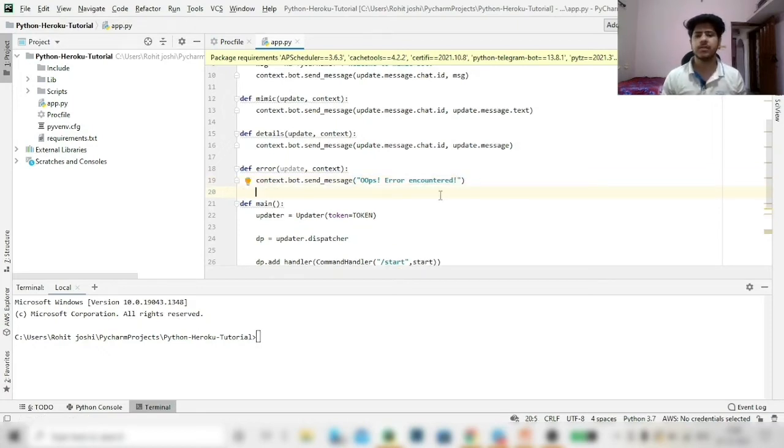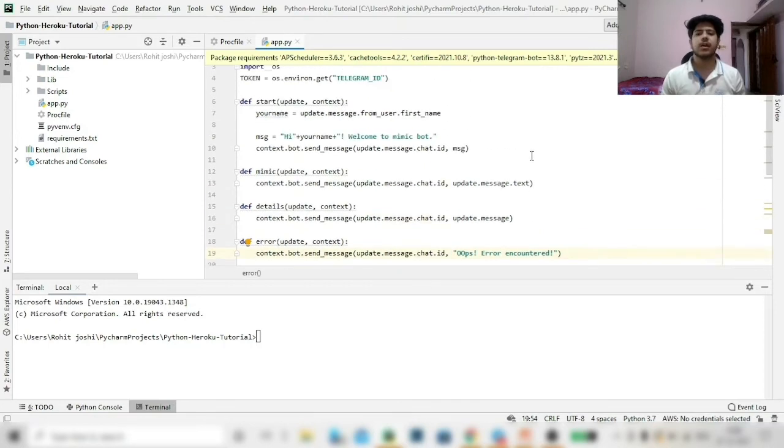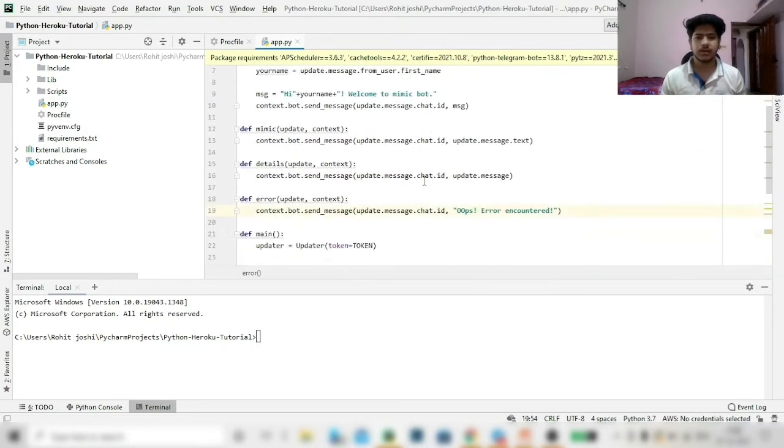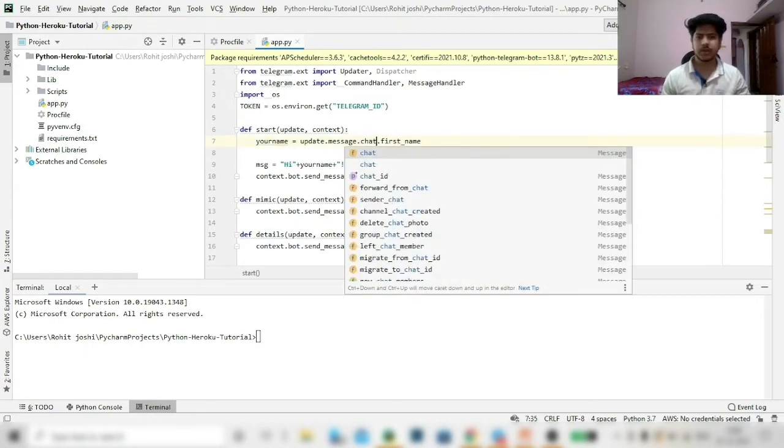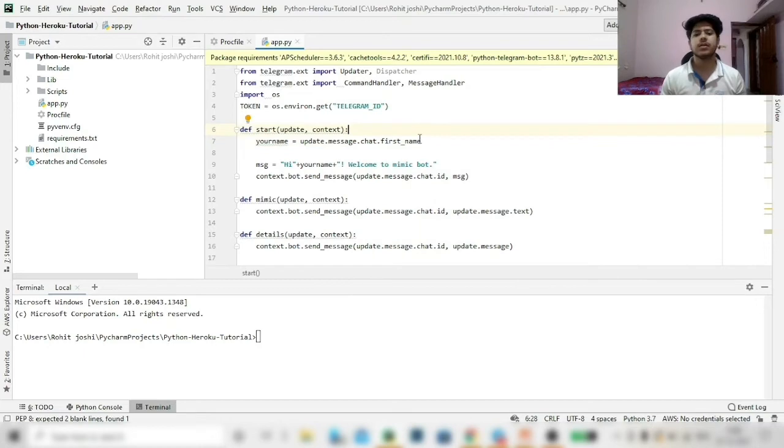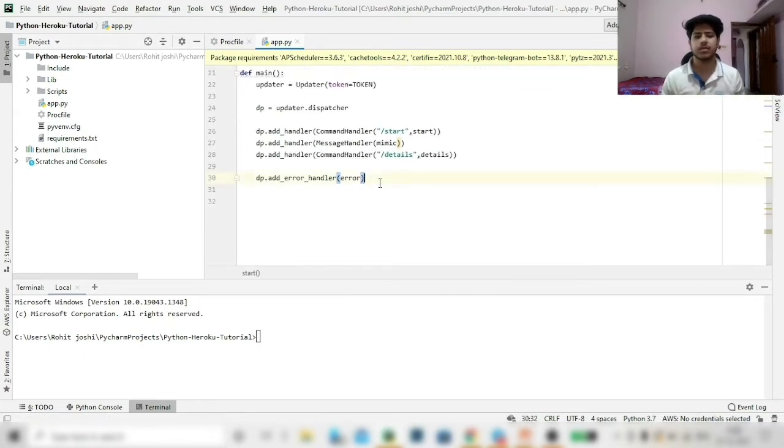Okay, I want this message to be sent. Now yes, there is one more thing, like in case of your name, I think you can get your name from user in chat also. There is also an option for chat.firstname, you can get it from there also.